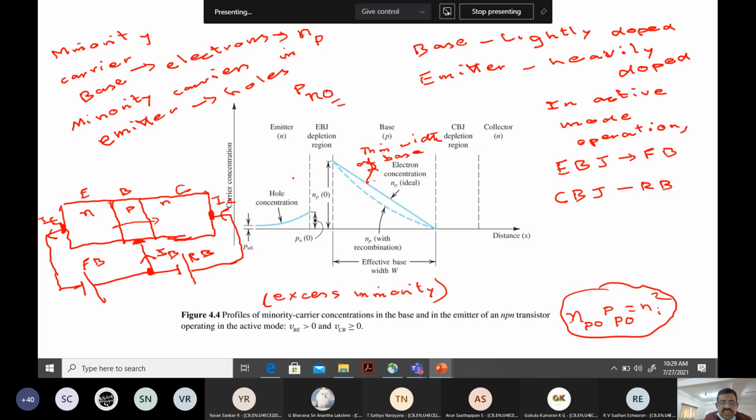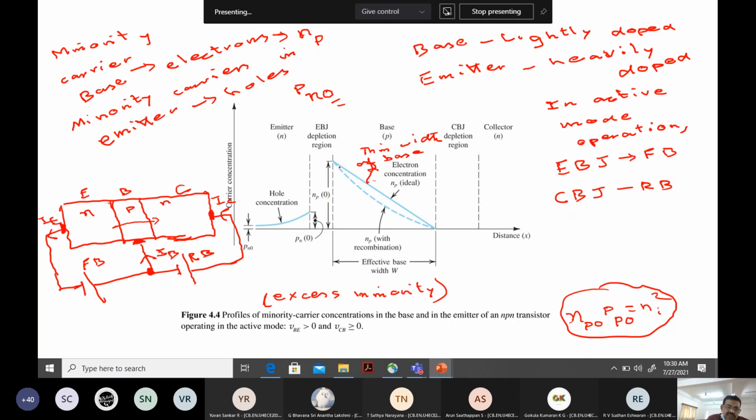Now what you have to understand is when electrons from emitter under the influence of forward bias want to reach the collector, they have to diffuse through the base region. In the base region, they undergo the process of recombination, but because the base is made extremely thin, we assume a linear profile. But practically speaking, even if you assume a thin and lightly doped base, you will have this kind of concentration profile. That is a concave shape. That is about it. Now, what is this y within the bracket 0 is given?